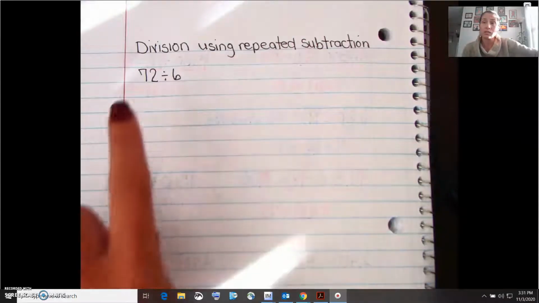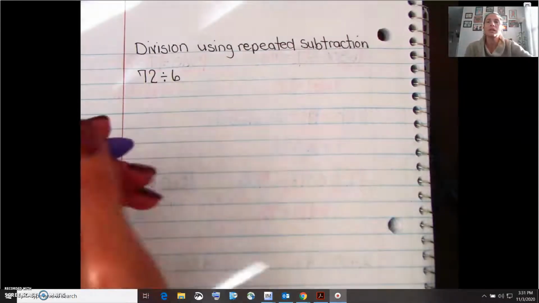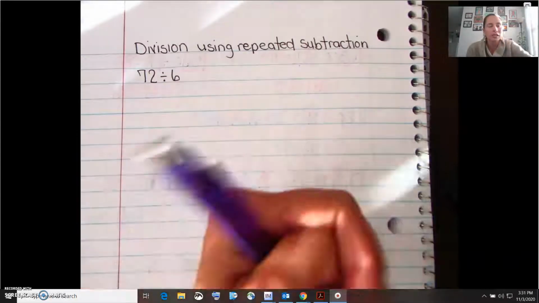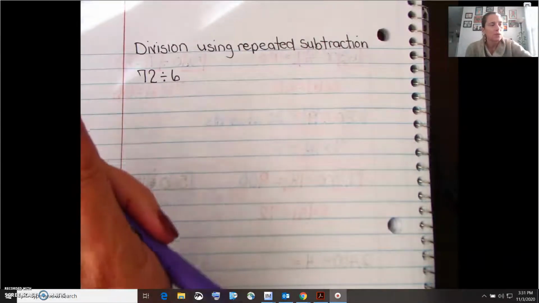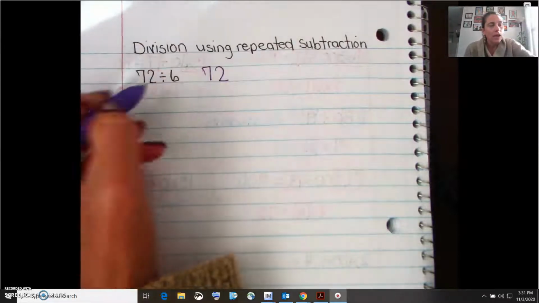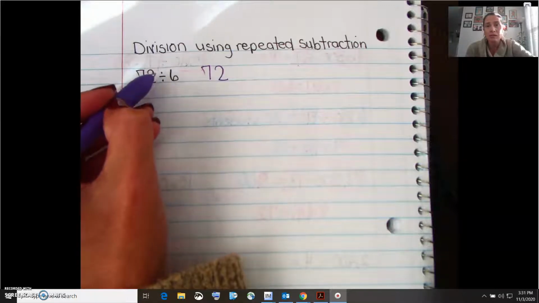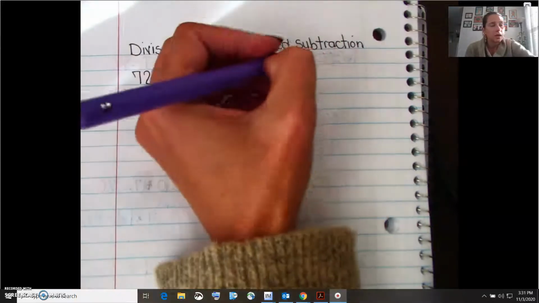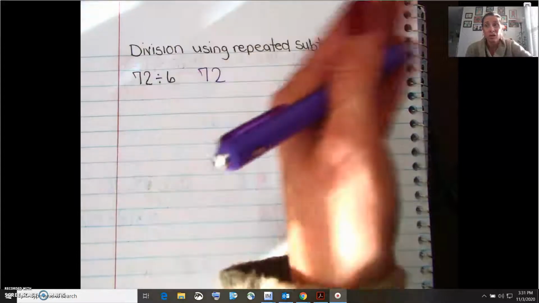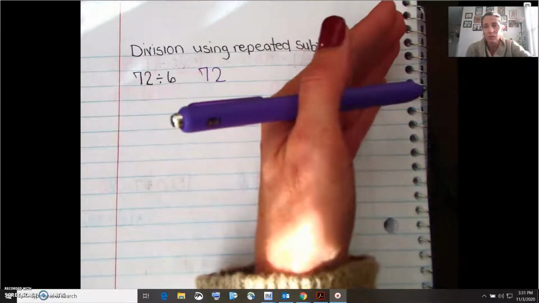And I'm going to show you with the same problem. So we have 72 divided by 6. So really division is just subtracting out groups. So if we have 72, we have to keep seeing how many times we can subtract out 6. So I'm going to go ahead and make groups of 10, and we're going to go ahead and subtract. So we can subtract with numbers and we can subtract with